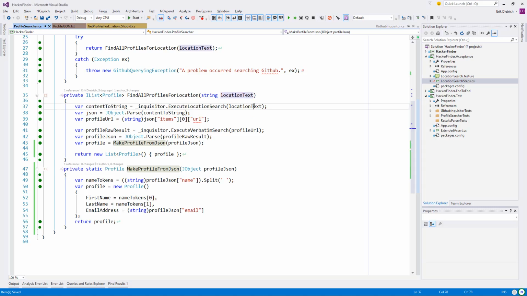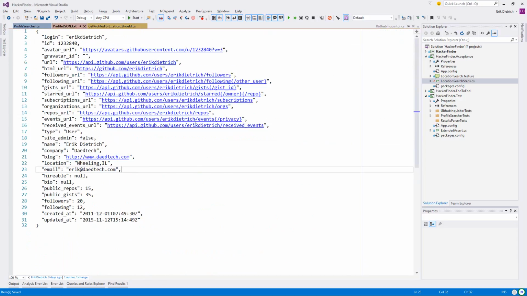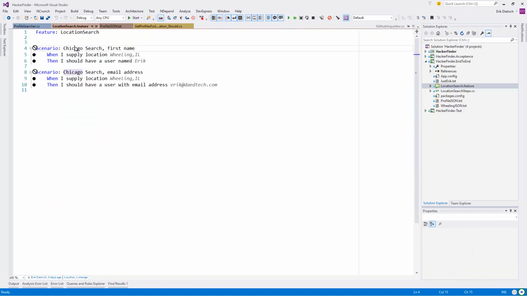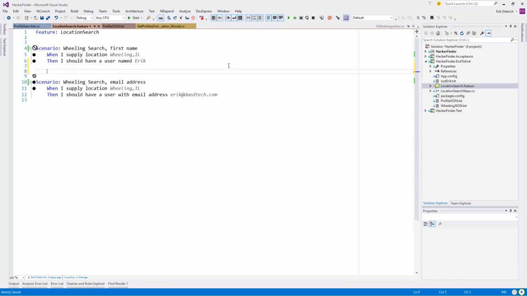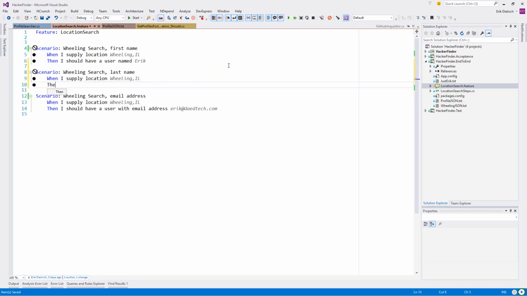Actually, before I do this, let's do another end-to-end test, and then maybe call it an episode here. Chicago search first name. Actually, this is poorly named. I'm going to add another scenario in here just to confirm that this is in fact working end-to-end. When I supply location Wheeling, comma, IL, then I should have a user